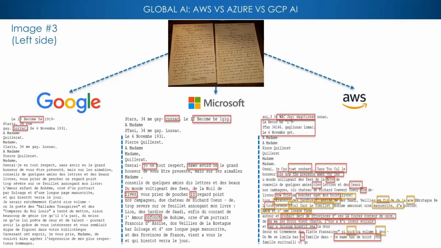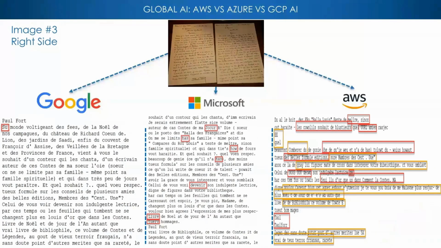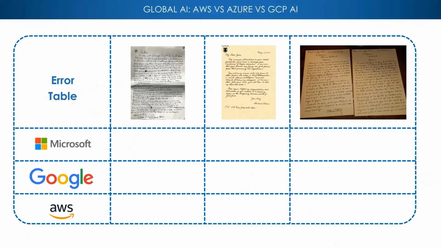In Google, clearly a winner. As you can see in this case, for some reason with French, Google only has 4 errors. As you can see, it's like 3 words they got it wrong on the first line and then only 1 word wrong later. Microsoft's is second, and not bad at all because it's still less than 2 digits. And then, of course, TextRack did not support handwriting, so we're going to discount Amazon for this one. And the second one, wow, Google's only got 1 error. Microsoft's still below 2 digits, not bad.